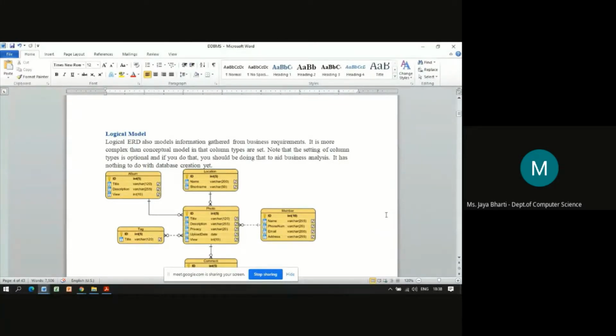That is the data type for every column. So at the logical level, the entities are at a more descriptive level, showing you the data types, then the max length.